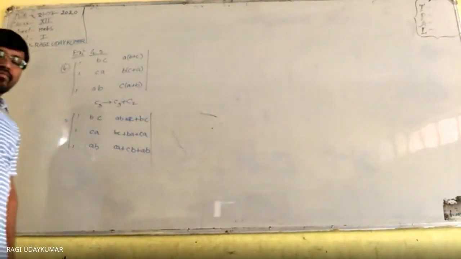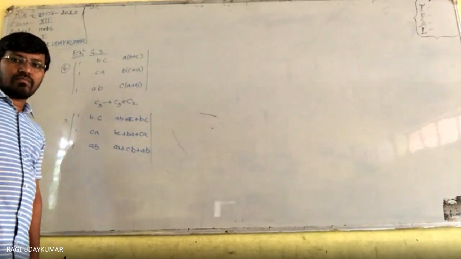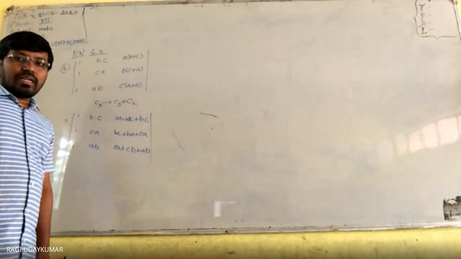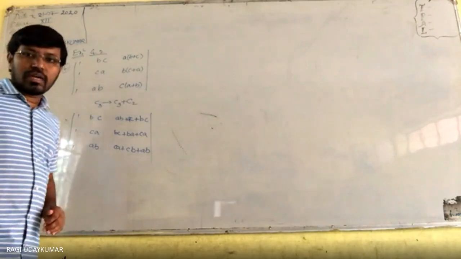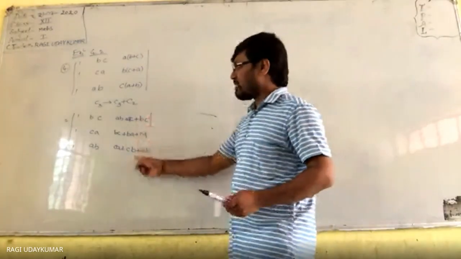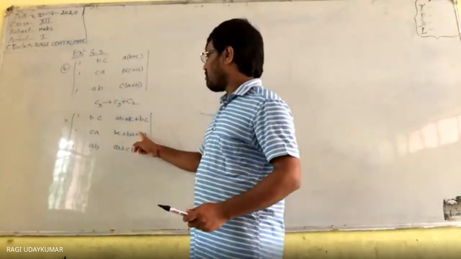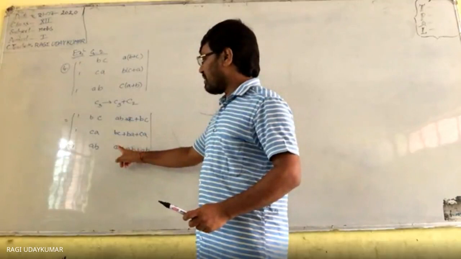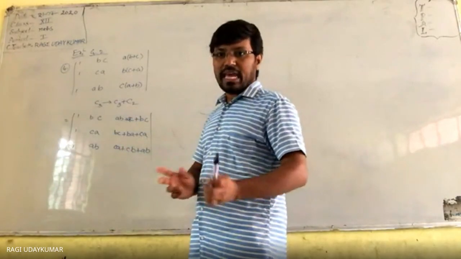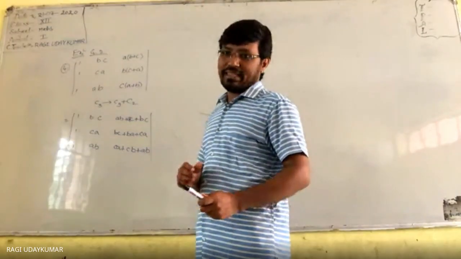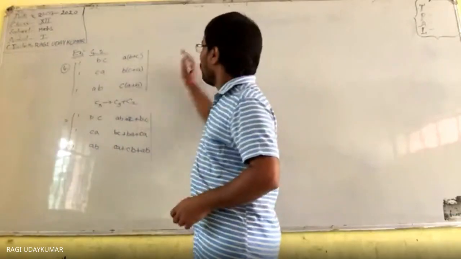What can you observe from this? Is it visible to you, Anurag? Yes, sir. This column is the same, no? In all three, ABC is common. I can see, sir. AB plus BC plus CA, AB plus BC plus CA, this is also AB plus BC plus CA. It is not in the same order, but everywhere you can take the common factor. You can take it common.